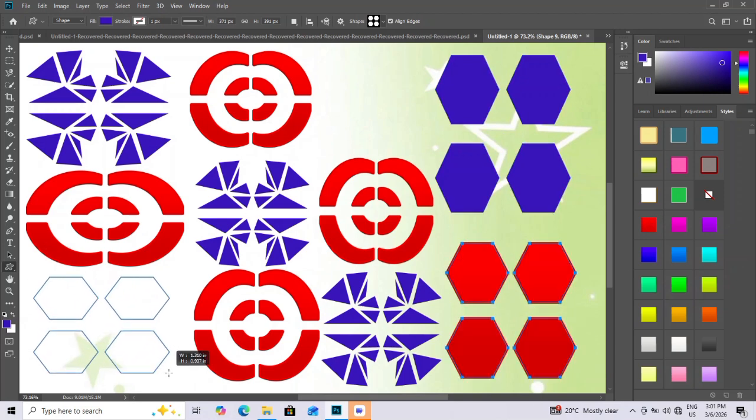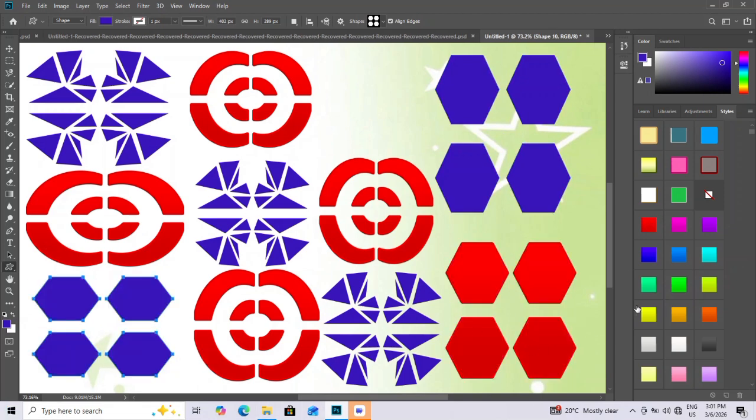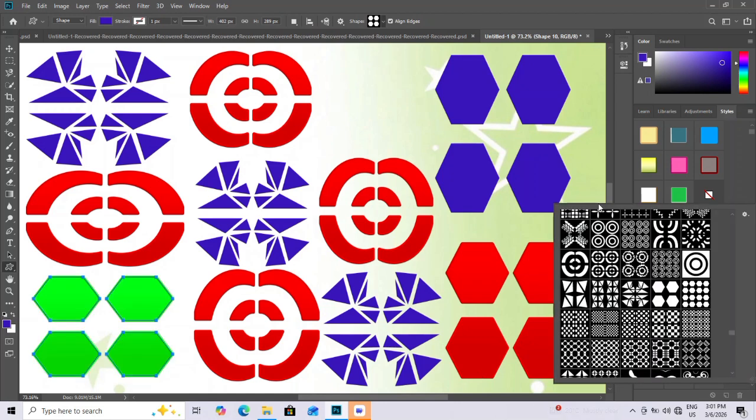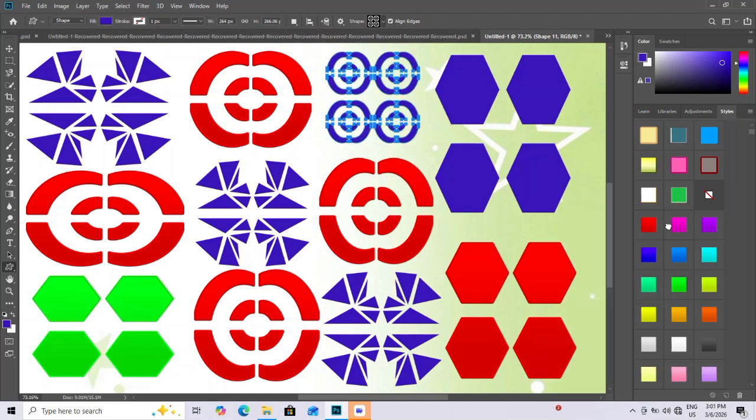Next, duplicate the layer and apply a slight Gaussian blur to spread the fog more evenly across the distance. For foreground atmosphere, create another layer and